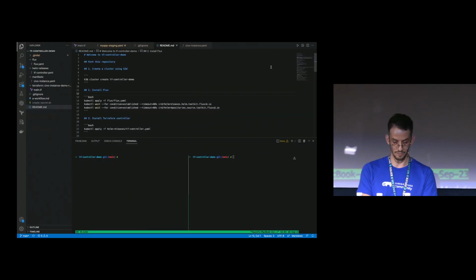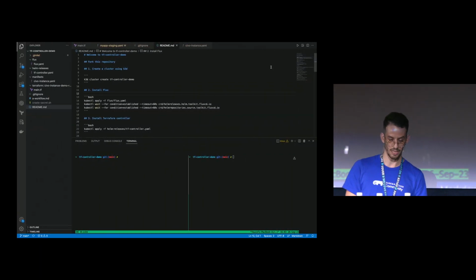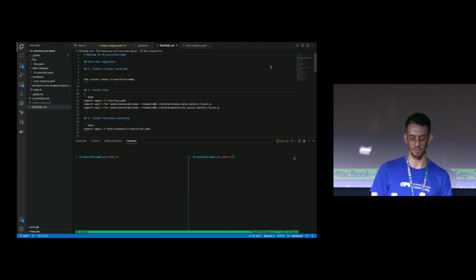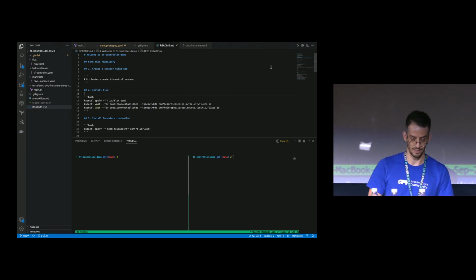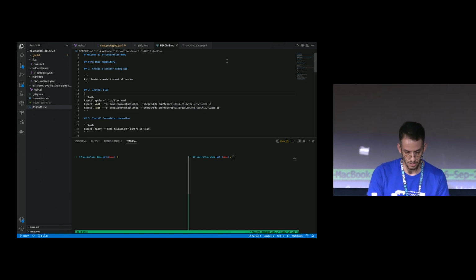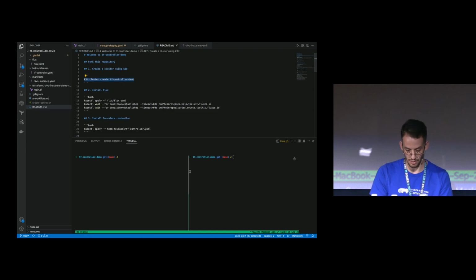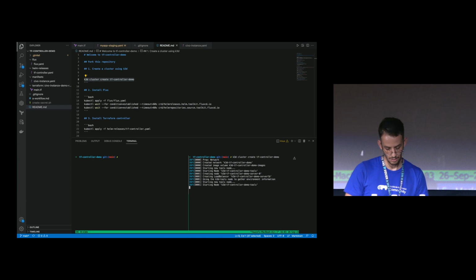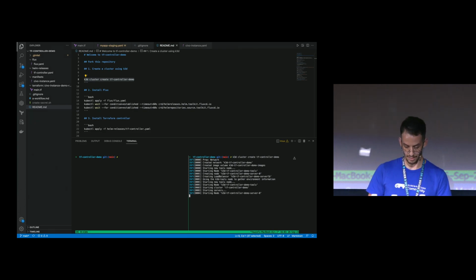All right, I have my little demo here, and to prepare the environment, we're just going to create a cluster and install Flux and all the things. All right, let's create the cluster. We use K3D to do that. Straightforward. So nodes are starting and servers are starting, and I hope folks start to follow with us maybe.